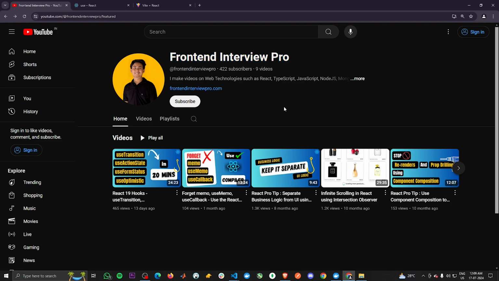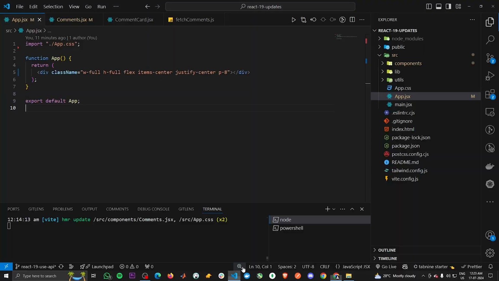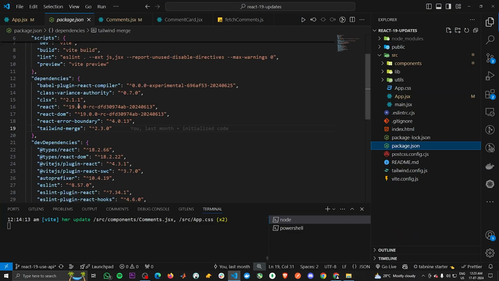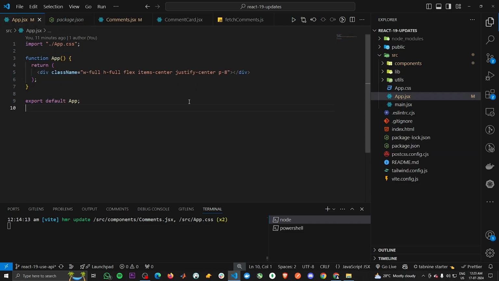So in today's video, we will learn in great detail about the new use hook which was recently introduced in React 19. So without any delay, let's get started. So now going to the code, here I have a very simple Vite application with React 19 installed. So please make sure you have the latest version of React, which is 19, in order to use the new